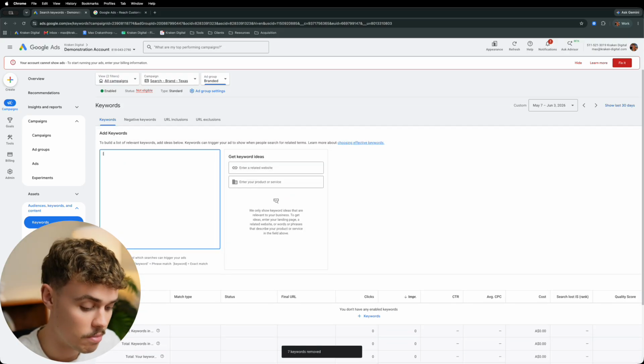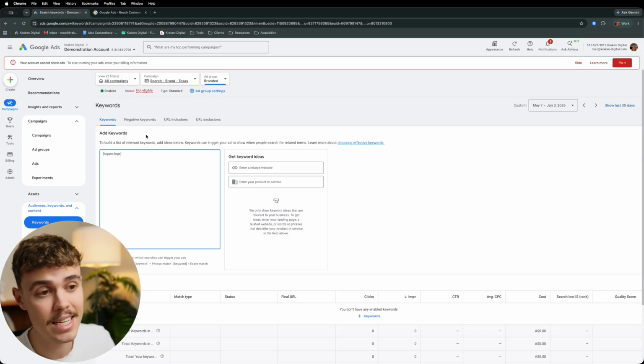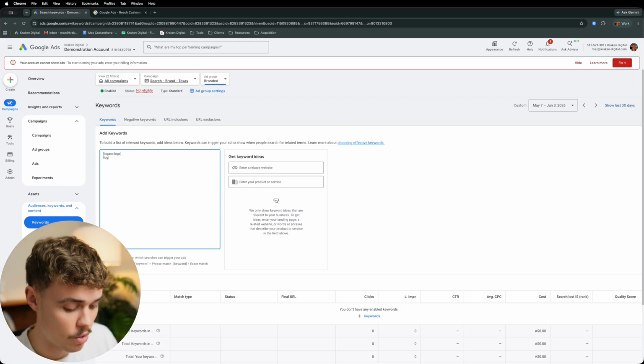Now, this is super easy, way easier than last time. All you gotta do is add your brand name, Logan's Logs, and add any spelling variations. Make sure it's in exact match format. Make sure you have square brackets around your keywords. Logan's Logs, Texas, and then we're gonna say Logan Logs,